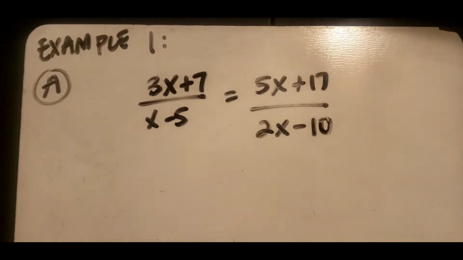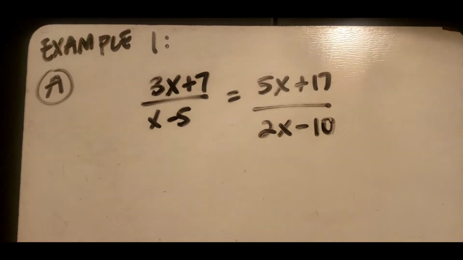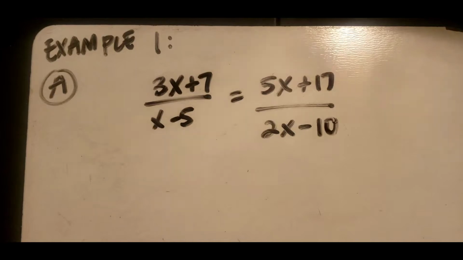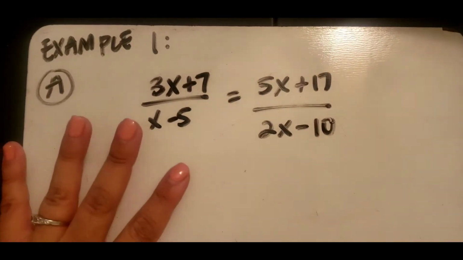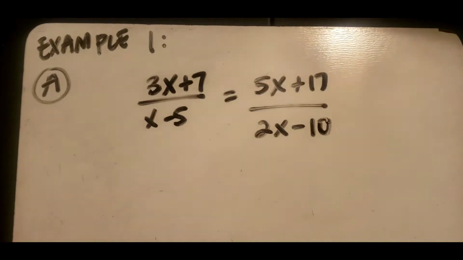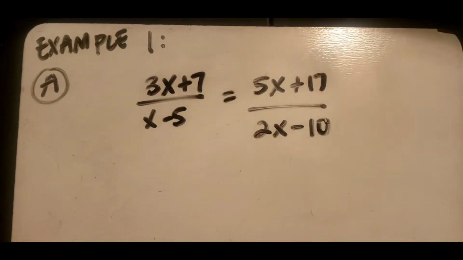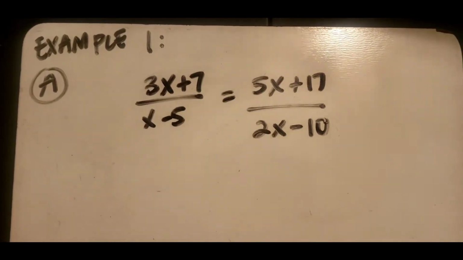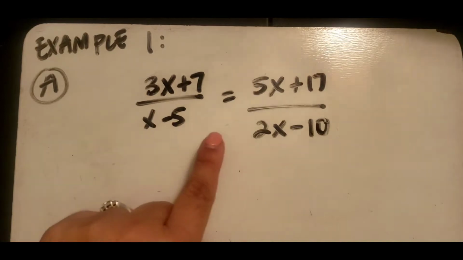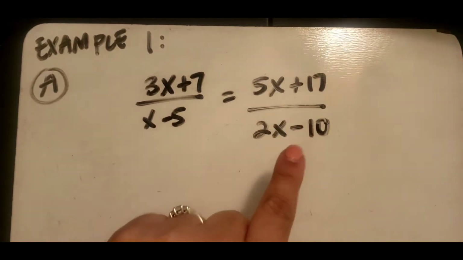Today we're going to do section 9.3. And in section 9.3, we're going to be solving rational equations, okay? So we're going to start off with example 1, and we're going to do A. Basically what they want us to do for this part is solve each rational equation algebraically. Here they gave us 3x plus 7 over x minus 5 equals 5x plus 10 over